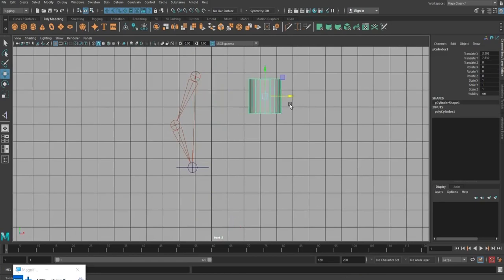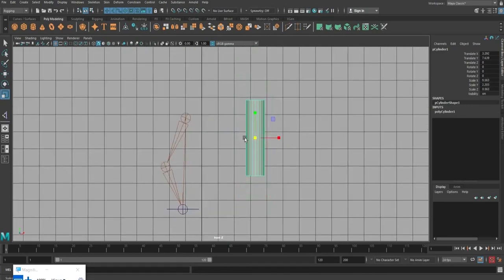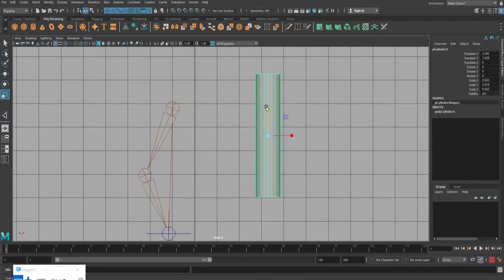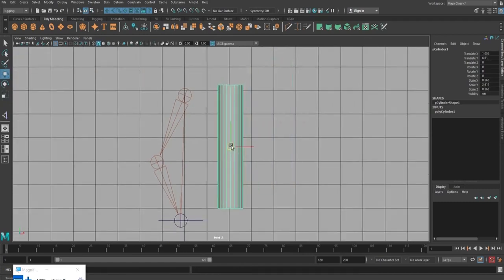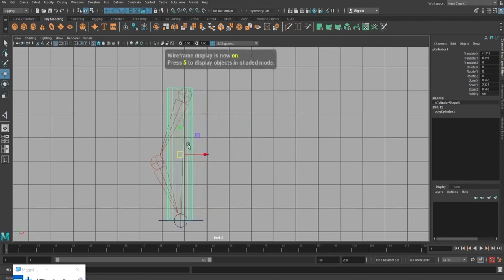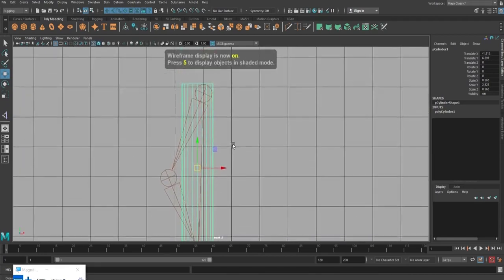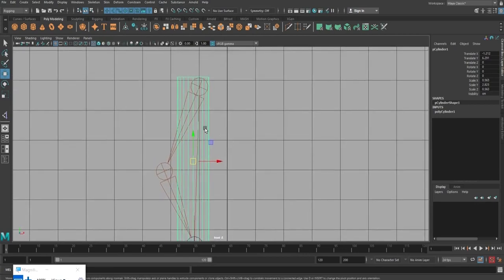I'm taking a cylinder, and I'm making it lengthy enough to match this hand. Press 4 more. Okay, this length is matching exactly with my arms. I'm going to reduce it a very little bit.